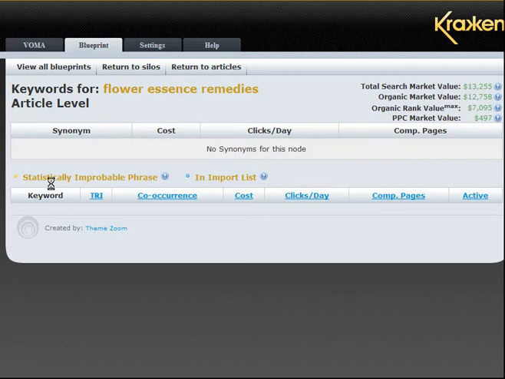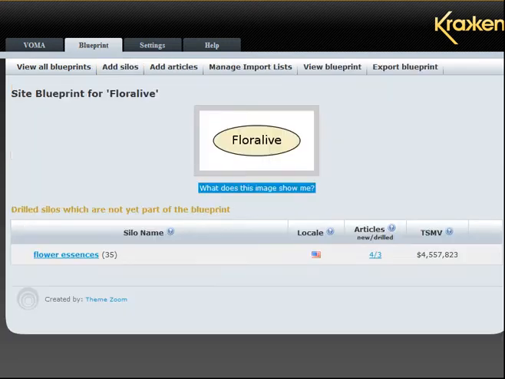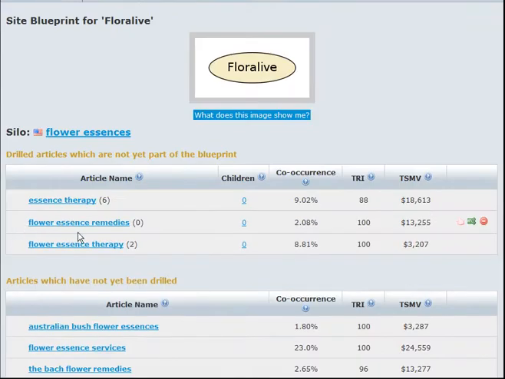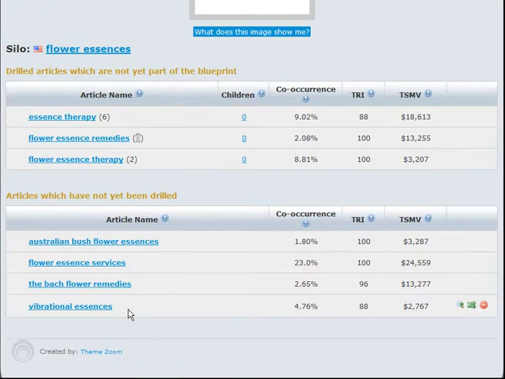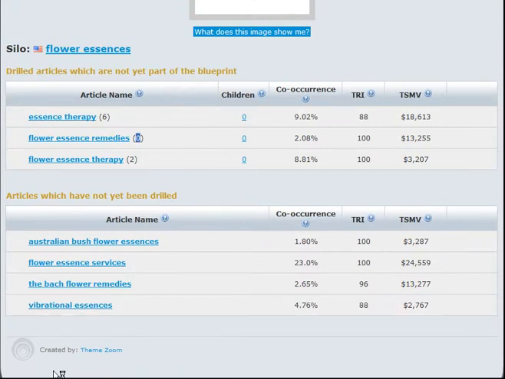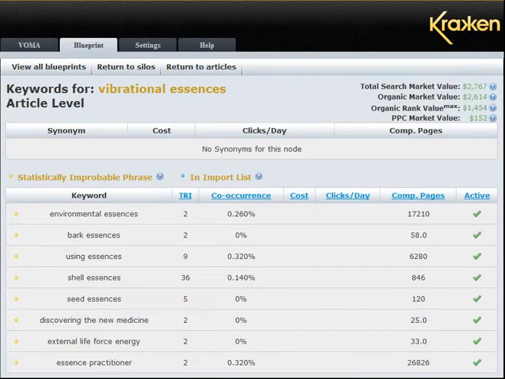Let's also go ahead and drill for keywords in vibrational essences, because we talked about that way early on in our first videos. As you can see in this one, we were able to extract some keywords. Great stuff too, discovering the new medicine. These might be headlines for PR campaigns, whatever, external life force energy. We'll get rid of some of it. When we come back, we'll talk about some other